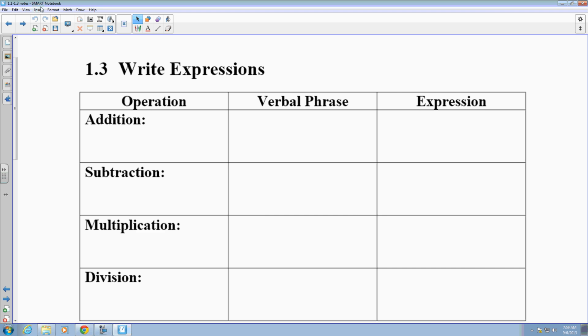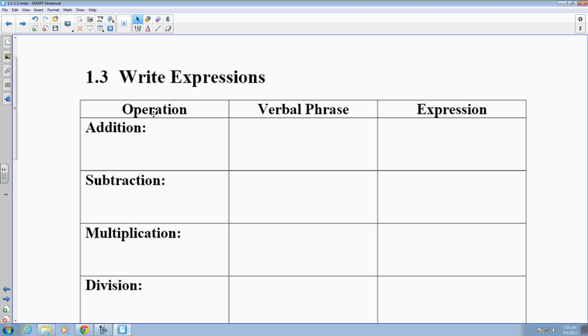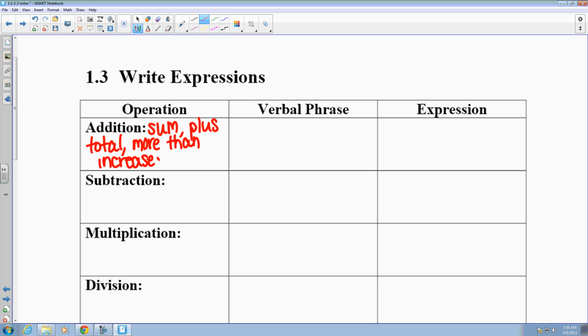So for addition, some words you might see are sum, plus, total, more than, increased by. Those are a couple examples you might see. A verbal phrase that could be used: sum of 2